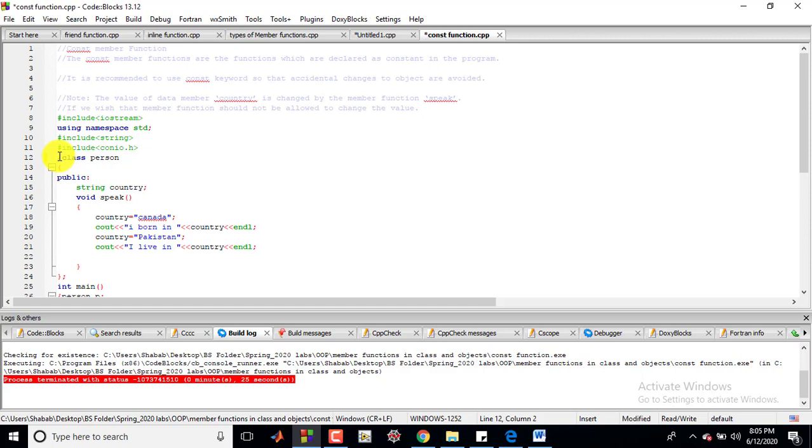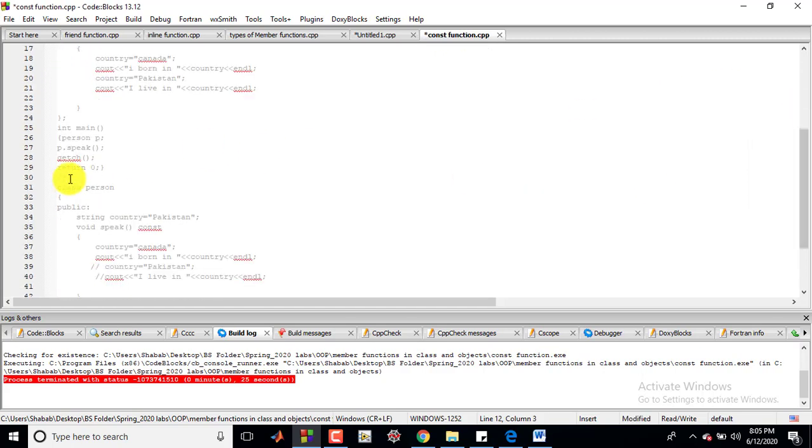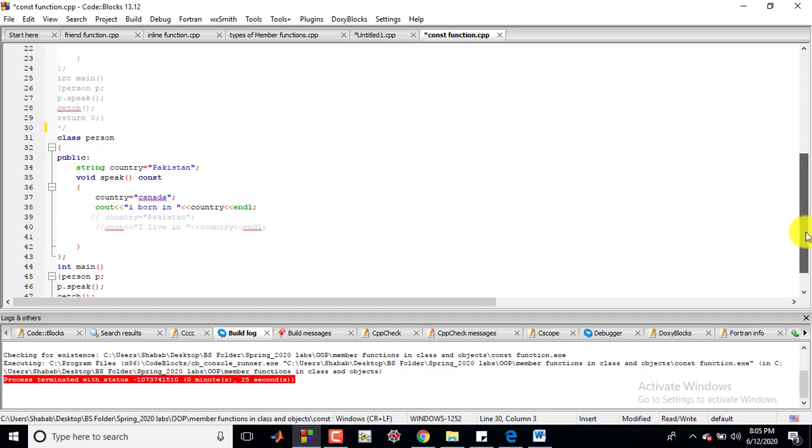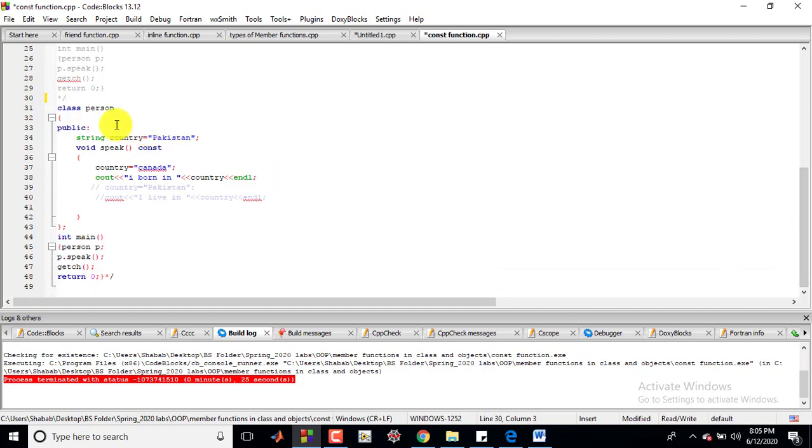I have another similar example. In the second example, you can see that we have already stored the name Pakistan in the variable country.